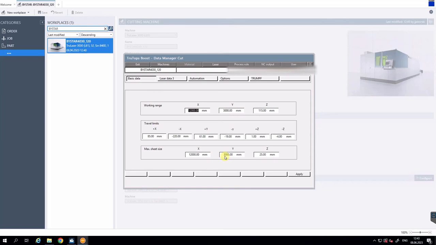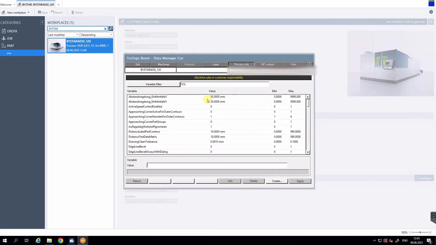This machine has the working area 4 meters, and it means that for processing such big sheets the machine configuration should be allowed